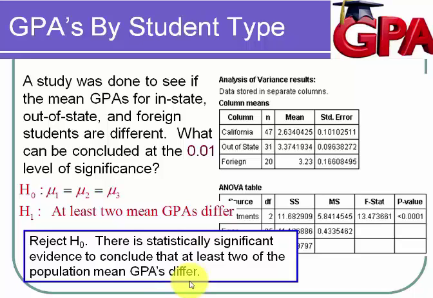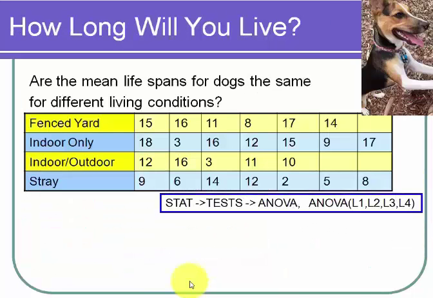So I'm going to show you one more example. This is the last example for the entire course of elementary statistics. And the question is, are the mean lifespans for dogs the same for different living conditions? And we have some data for dogs that live in a fenced yard, for dogs that really only live indoors, except maybe to take a walk on a leash, and then for dogs that are